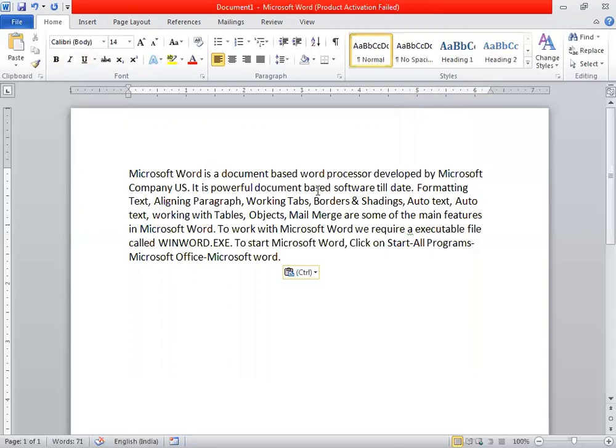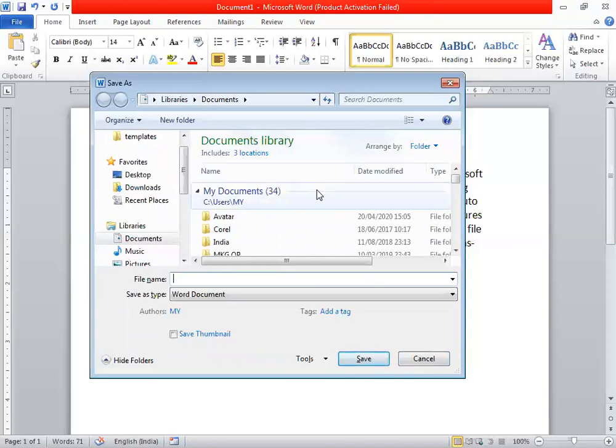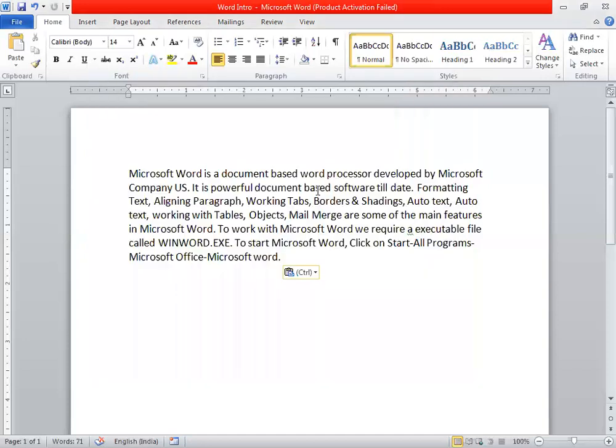Whatever file name you type will be on the title bar. Here I just type Word Intro. The file name we have given, Word Intro, will be displayed on the title bar along with the application name. This is how to save the file.